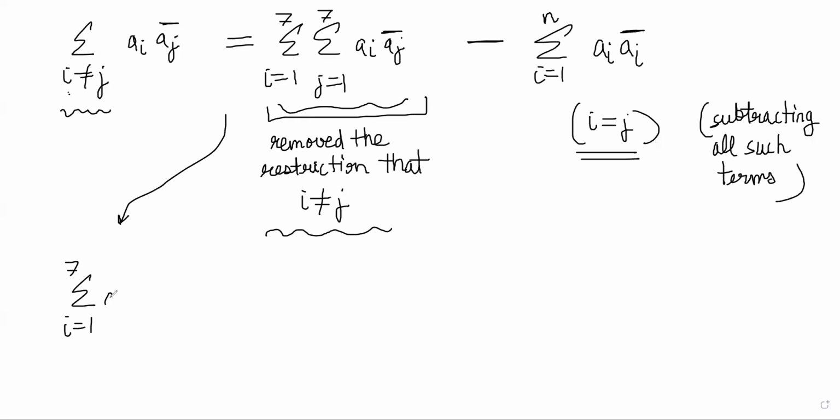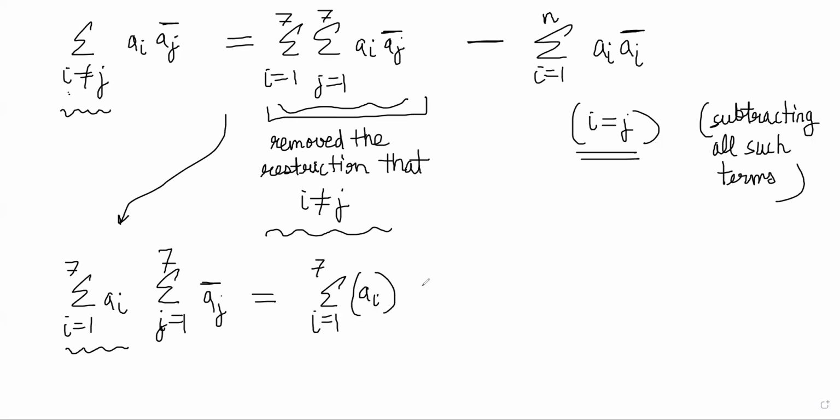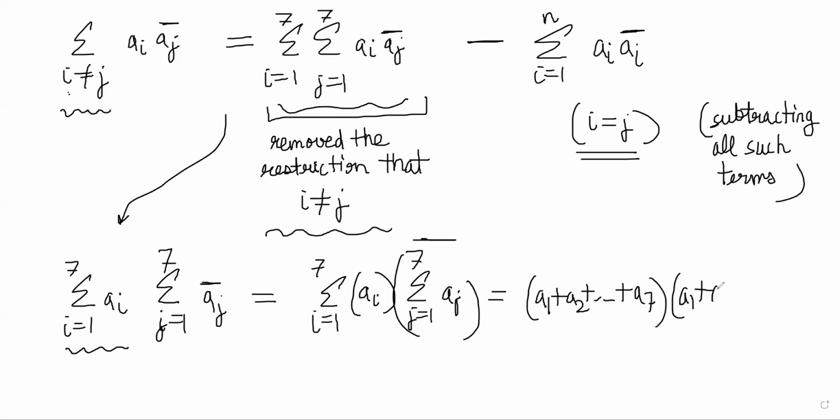Summation i goes from 1 to 7 of a_i and summation j goes from 1 to 7 of a_j conjugate, right? And if you think about it, this part is equal to summation i goes from 1 to 7 of a_i, and this is summation j goes from 1 to 7 of a_j, whole thing conjugate. So this is like saying a1 plus a2 plus ... a7, and then here a1 plus a2 plus ... a7, whole conjugate. And that is simply mod of a1 plus a2 plus ... a7 squared,